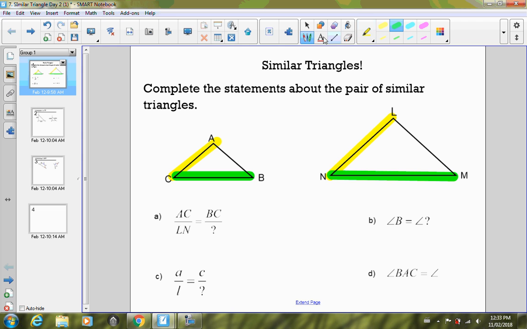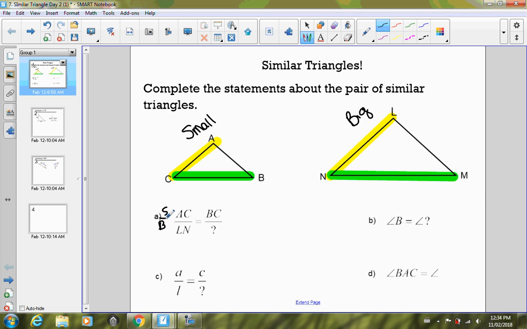So if I look at my first statement here, it says A to C over L to N is equal to B to C over question mark. Okay, so the first thing that I want to point out here is A to C. This is the small triangle, and this is the big triangle. So this ratio here, I'm going to say that this is small over big. So all of your small triangles have to go on top, or all of your small side lengths have to